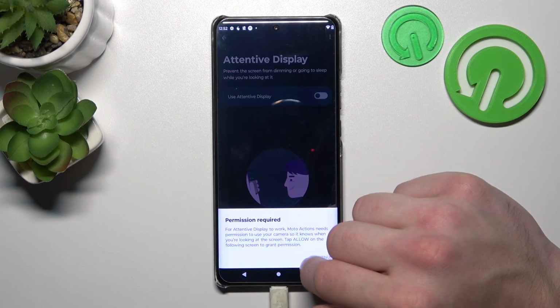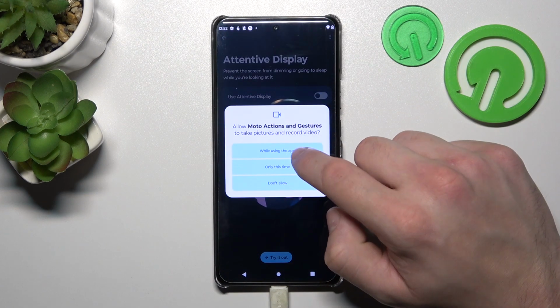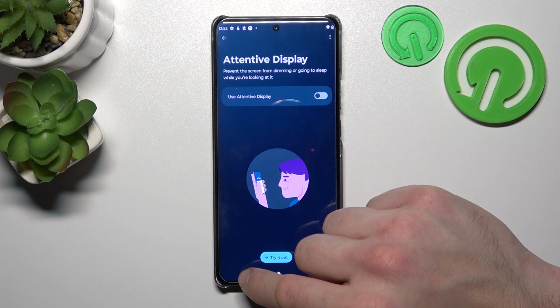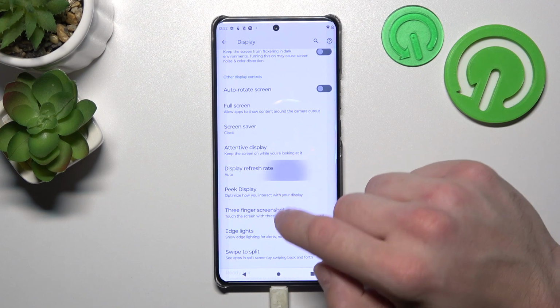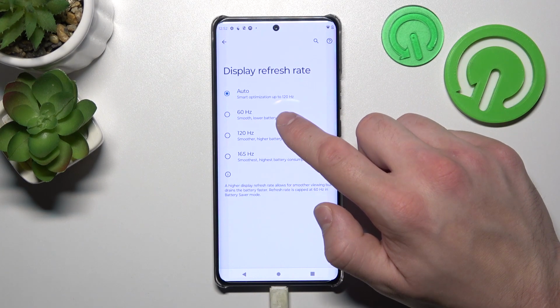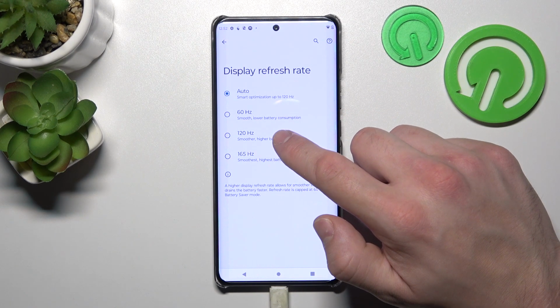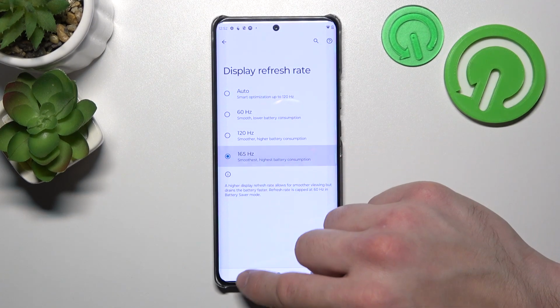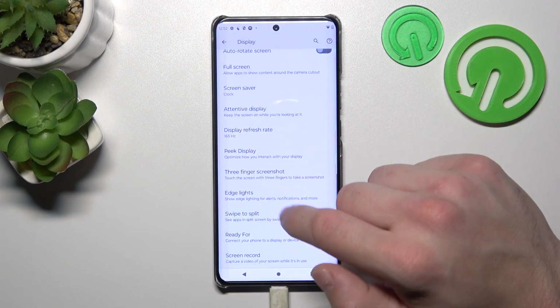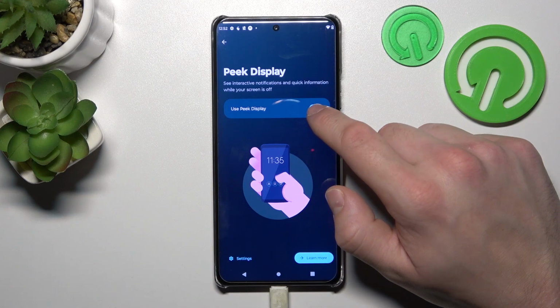attentive display, and then you can change display refresh rate between auto, 60 Hz, 120 Hz and 165 Hz. Next, you can enable or disable peak display,